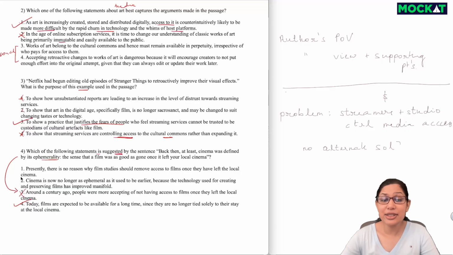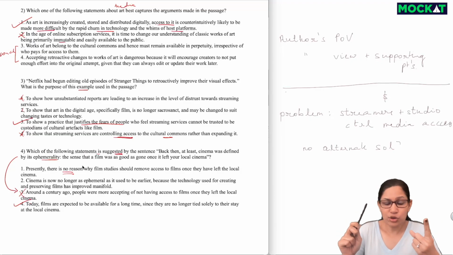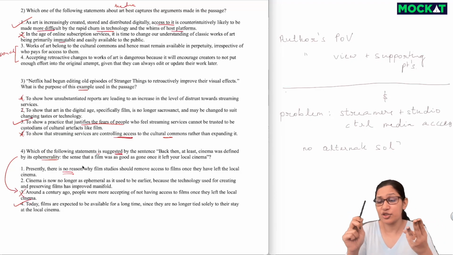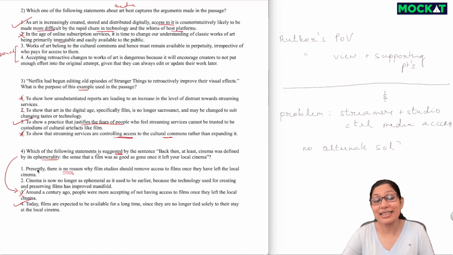Now, in case you're thinking, then why not option 1? Option 1 is a little extreme. We can't say there is no reason. We can say there are fewer reasons or something like that. It's okay to phrase it like this. But whenever you have something very extreme, something is the best, the worst, it is most useful, most likely, there is no reason, always watch out. This is one more of the elimination techniques.